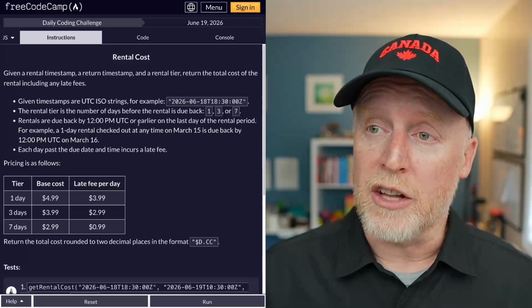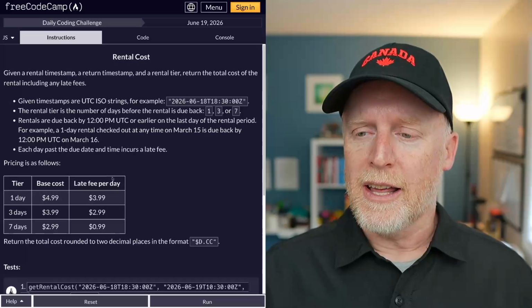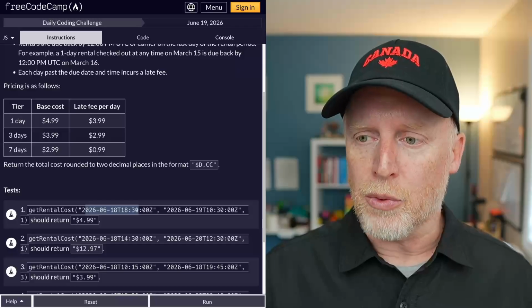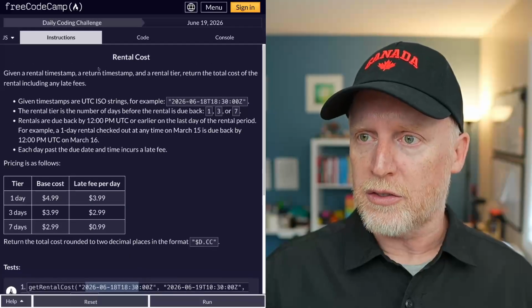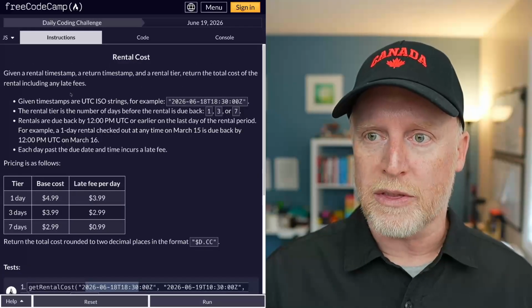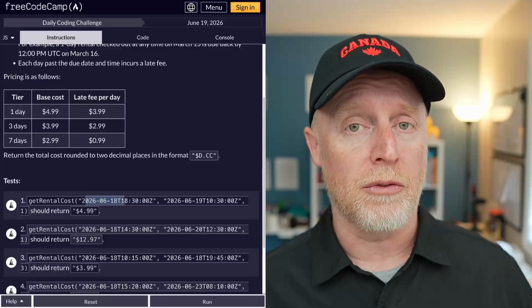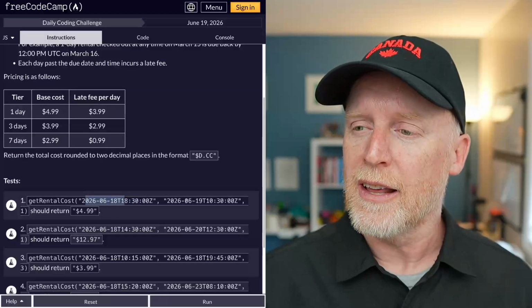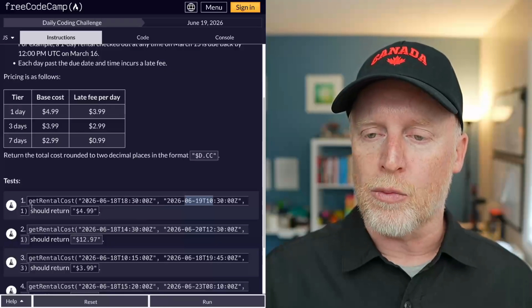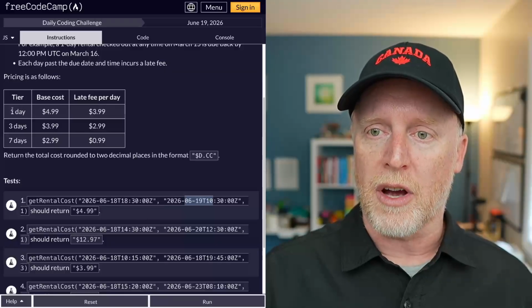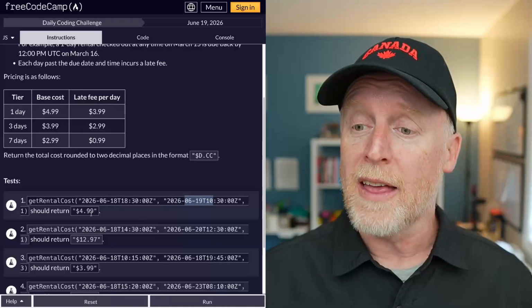Hello team, today's challenge is rental cost, where we're given a day it was rented on, whatever this item is. They don't really specify what the thing is, but whatever this item was that we rented, that's the start date and the day we returned it on. And then based on the tier, which is up here, 1 day, 3 days, or 7 days,